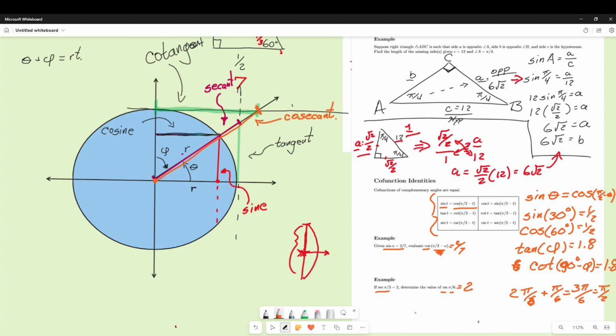But also, I think it's helpful just to have a sense of why we have these words at all. Why is it called secant and tangent? But also where this co is coming from in our cosine, our cotangent, our cosecant. It also points out that while it is true that the sine,